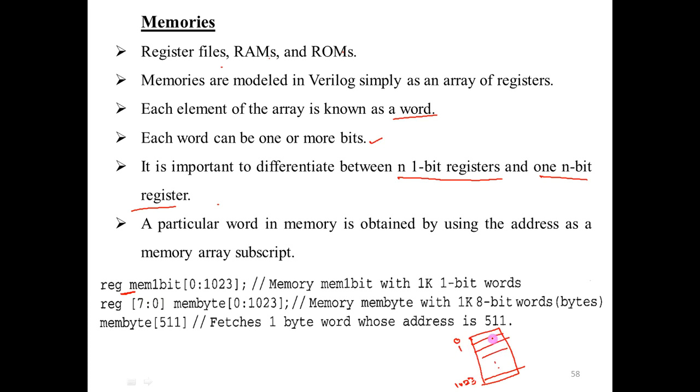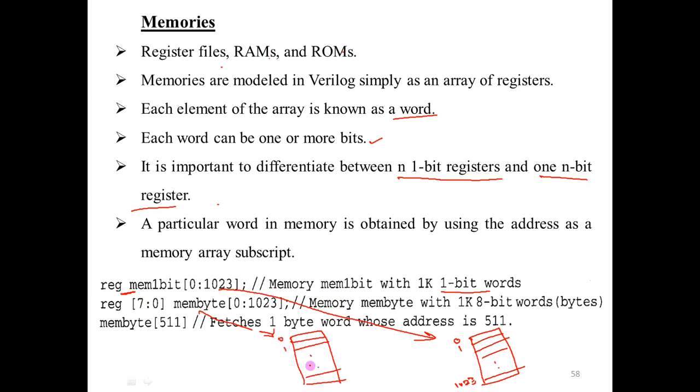Each rack has capacity of storing how many books? I am having capacity to store only one book at a time. One bit word, that's the meaning. Okay, so this is mem 1 bit. Now similarly here, mem byte, same thing. So this is here. Now for this one, if I write it here, again location